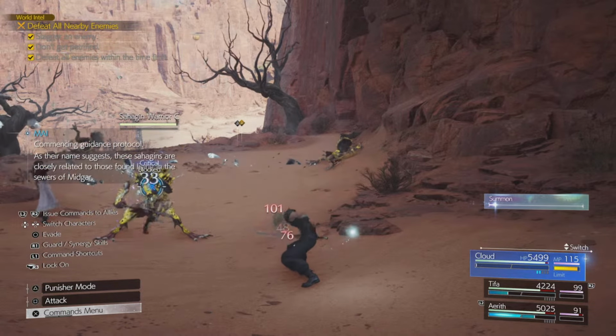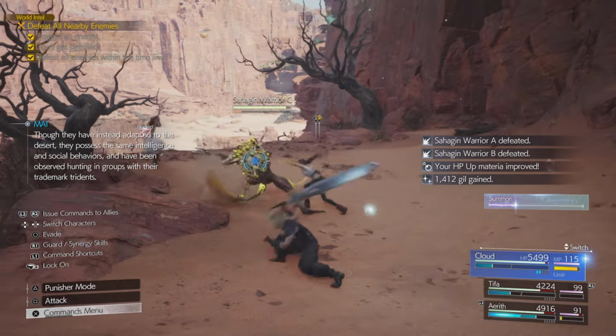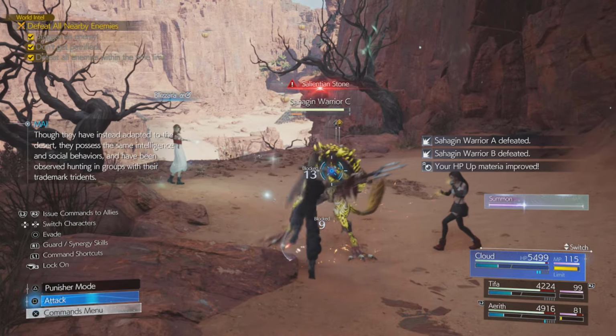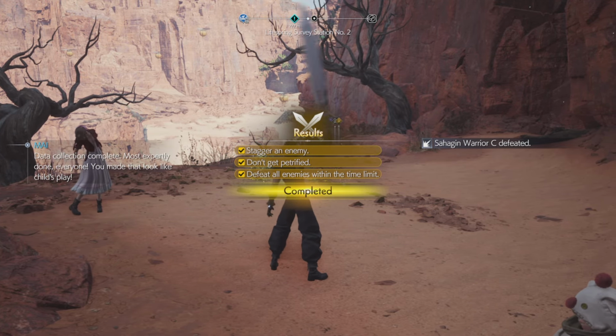And sometimes you get one where you get a straggler. When you get a straggler, get the Aerith, Blizzaga. And then boom. But the idea is,